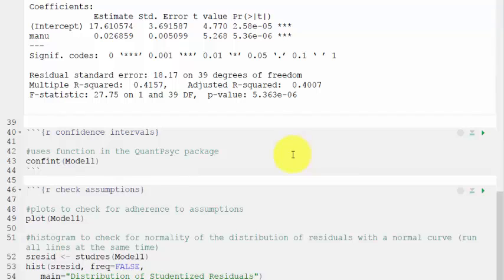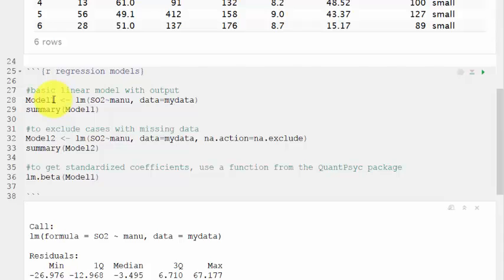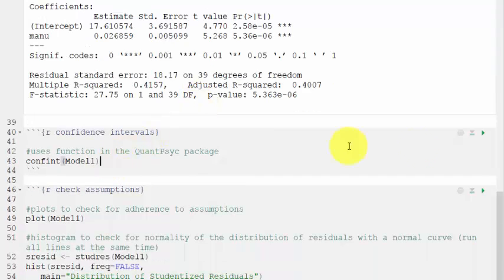And then we can calculate confidence intervals for our slope, and this uses a function in the quant_site package, which is just CONFINT, so confidence intervals, of model 1, because that was what we called the object that we put our linear model into. So those need to match. So if we run this,